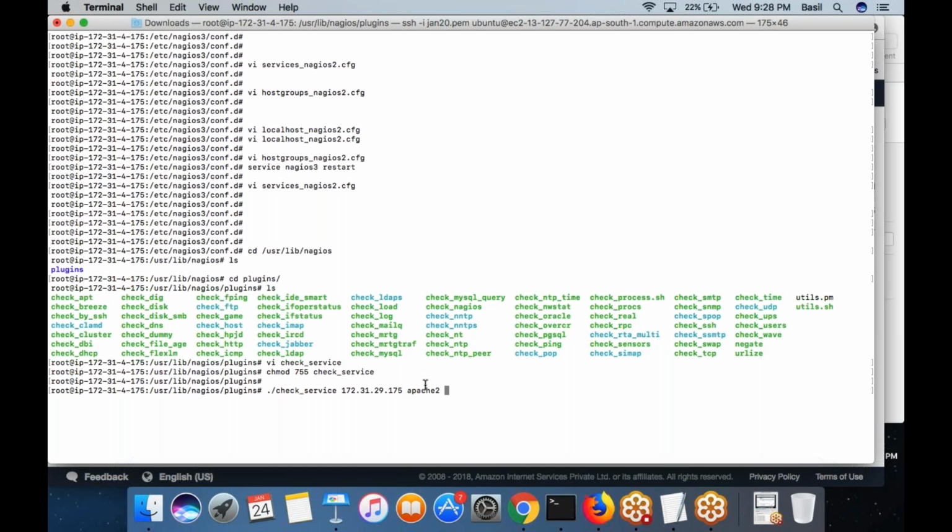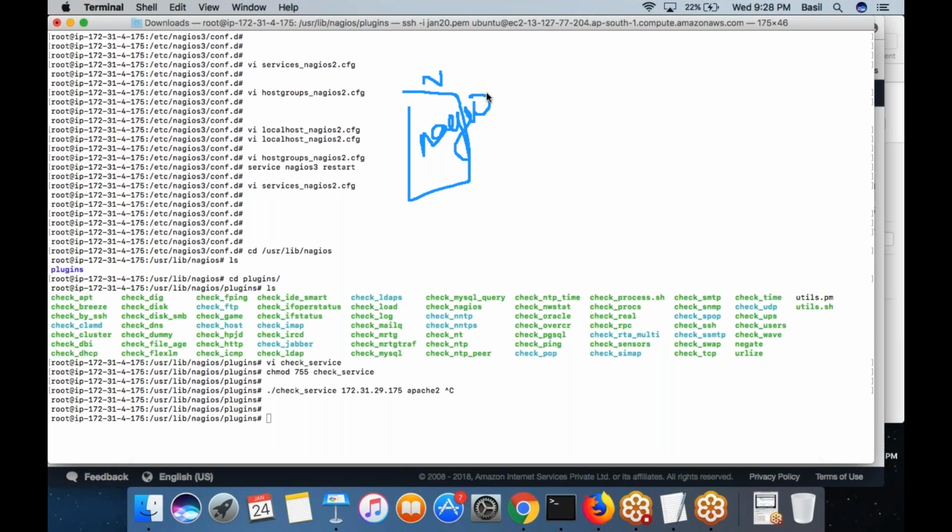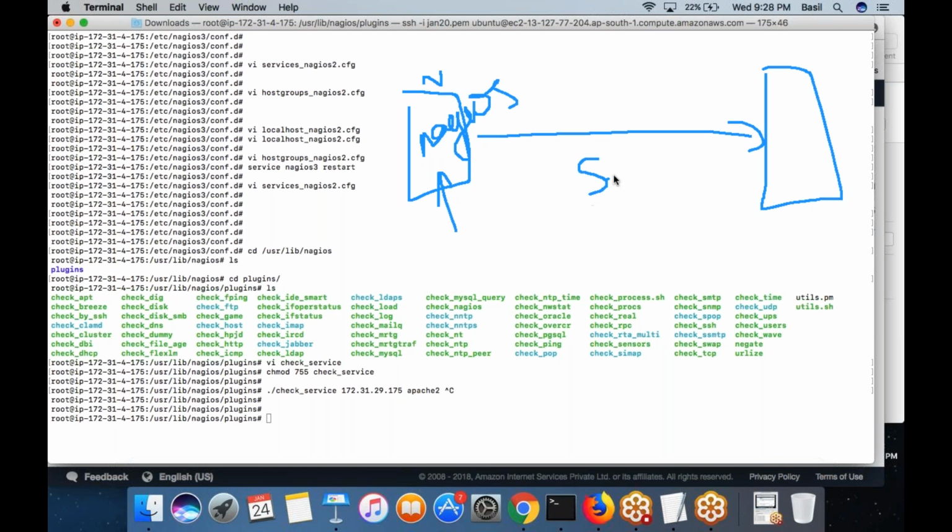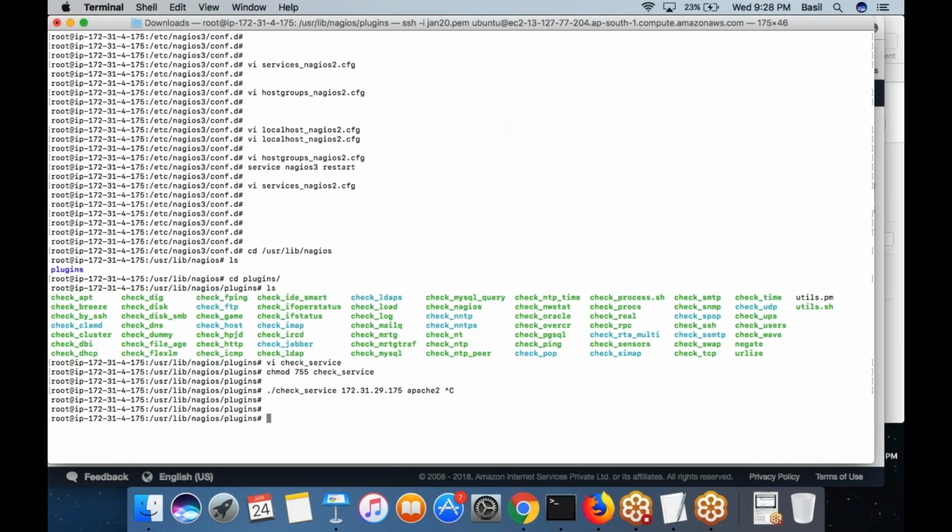But one thing that you need to take care of, of course, the SSH. This is your Nagios server, which is running under a user called nagios. This nagios user inside your Nagios server should be able to connect to the remote machine through SSH. You should be able to do that through SSH. The nagios user inside your Nagios server should be able to connect to the web001 machine. So that's exactly what I'm going to do. First thing what I will do is I will switch myself to the nagios user.